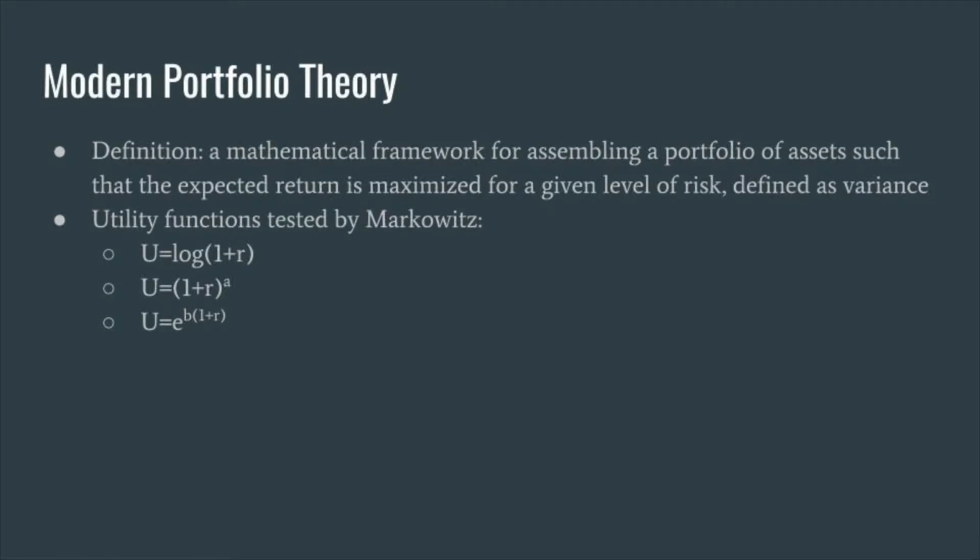Developed by Harry Markowitz, the modern portfolio theory assembles a portfolio of assets to maximize the expected return for a given level of risk. In his research, Markowitz focuses on how an optimizing investor would behave. He makes an important point that mean and variance are by no means the most precise and general solution. Markowitz preferred a method that was computationally feasible rather than a method that would give precise results but could not be computed. He tests 3 different utility functions and calculates both annual and monthly returns for different amounts of stocks